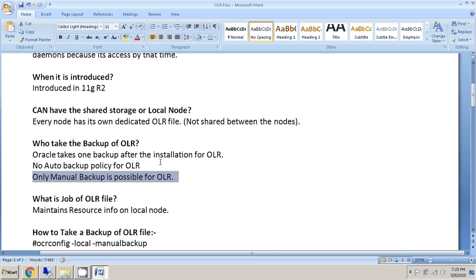After a few days, we made the OLR files available again and took a manual backup. We configured a cron job for the OLR file, and now it's working fine.